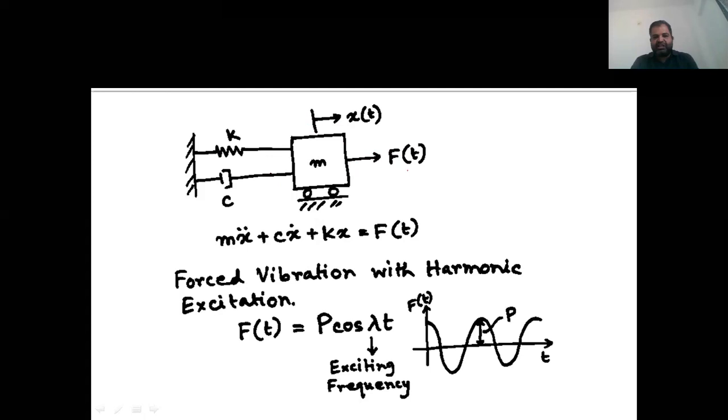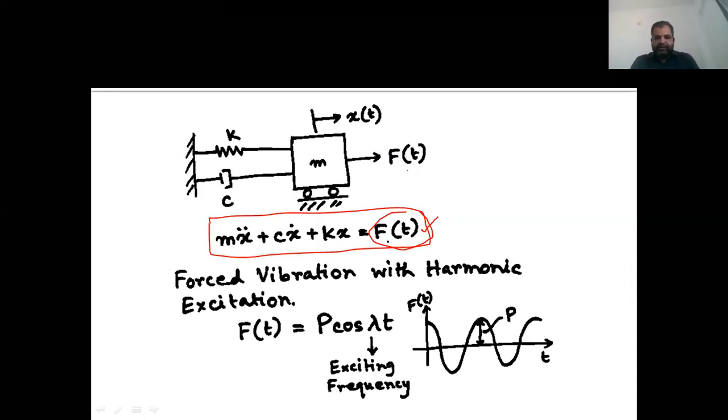If you see the generalized equation of motion, it will become m x double dot plus c x dot plus k x is equal to f of t, right? Here the f of t will be introduced. In the case of free vibration, this tends to 0. Earlier we had taken 0 here, but now it becomes some value, f of t will come.